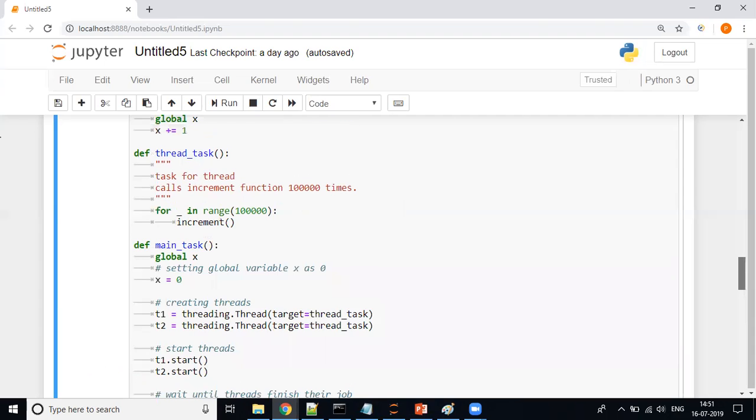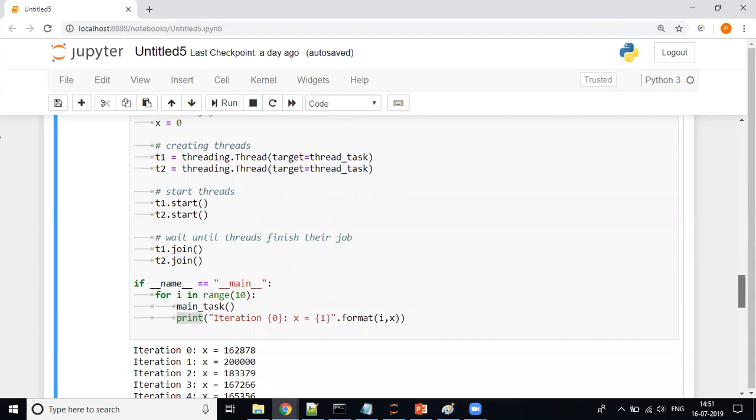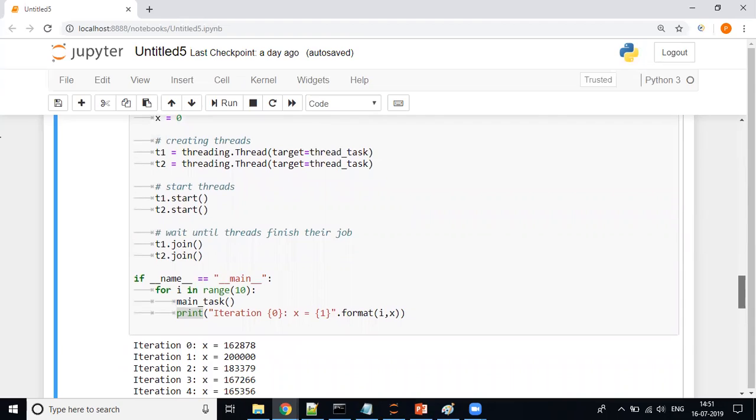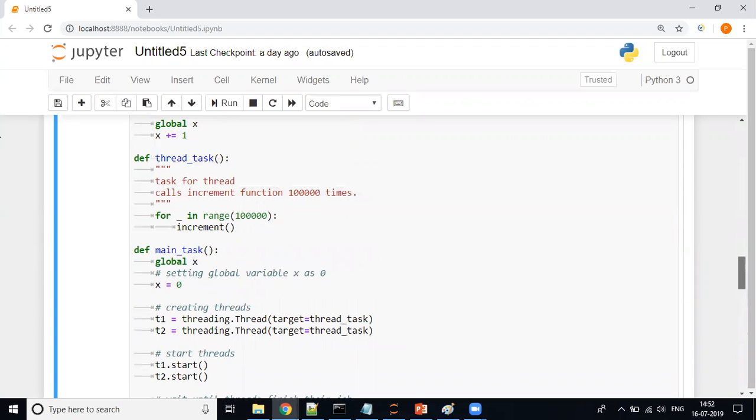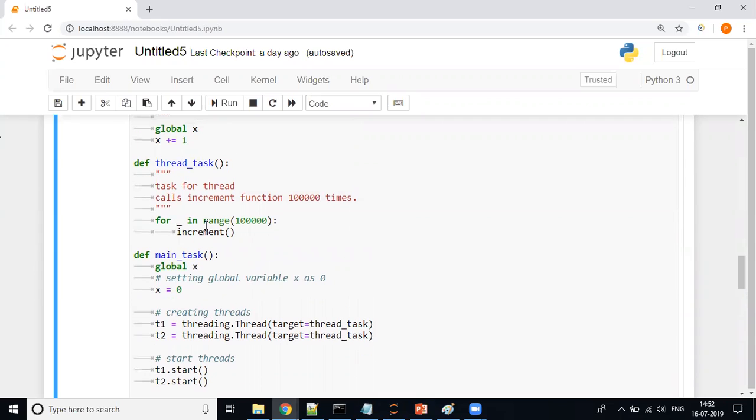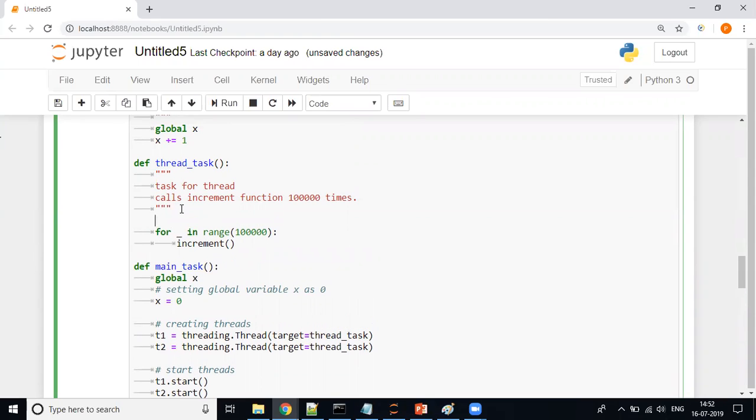So we are using threads, but we are not doing synchronization. If we are not doing synchronization, that means thread 1 and thread 2 both are getting executed. Which means thread 1 and thread 2 are getting executed. If I write some print function here, let me just write print